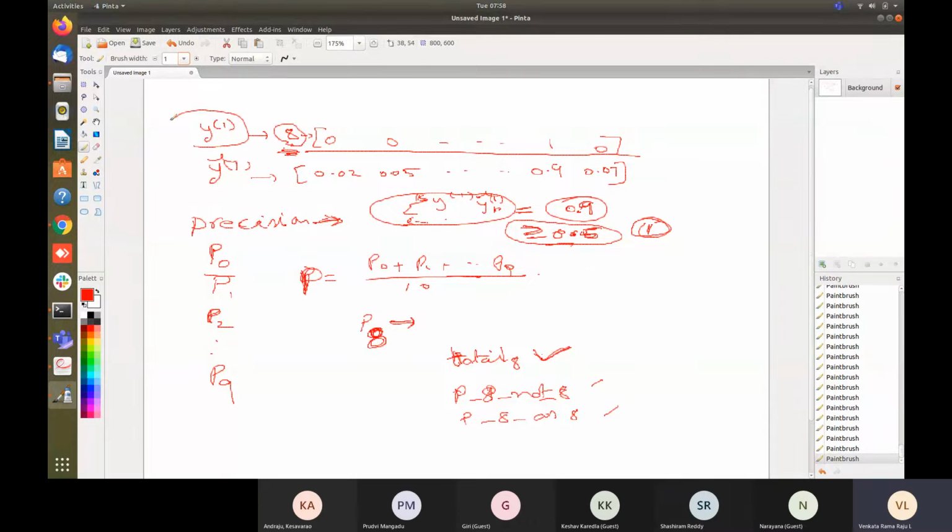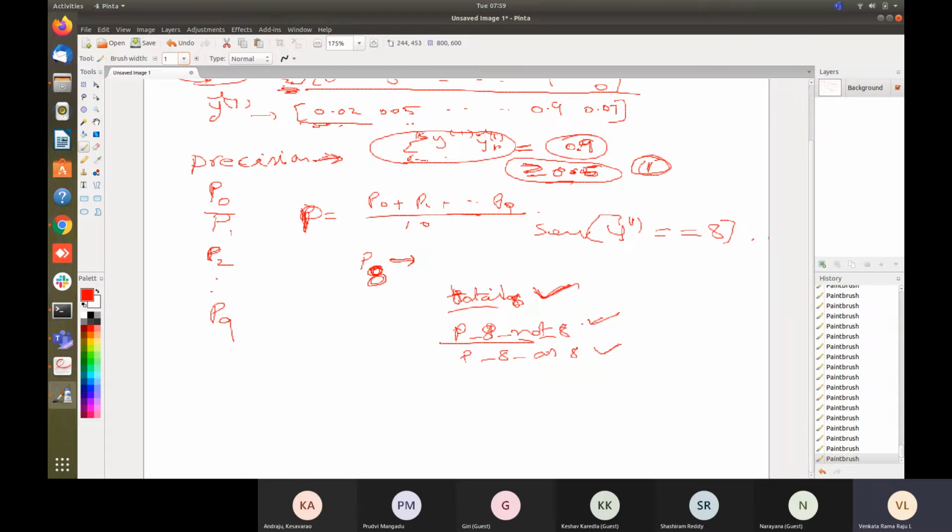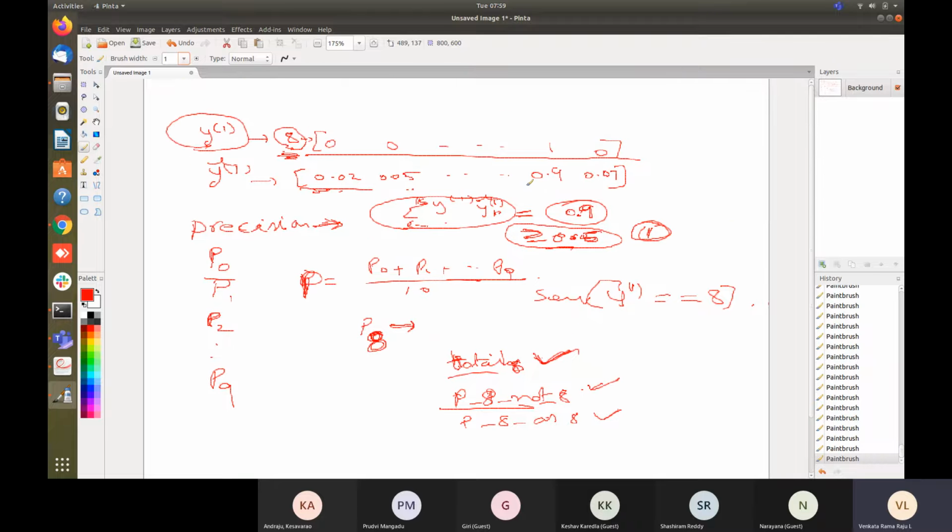That can be done using this y cap. Y1 where that is equal to 8, the shape of that array gives the count of how many 8s are there in the data set. How many are predicted correctly is this. How many are wrongly predicted is going to be this minus that. So with these 3 numbers you can calculate precision. If you have 1-hot representation, it is easy. If it is not 1-hot representation, we can do that also, but this is how the calculation is happening inside the